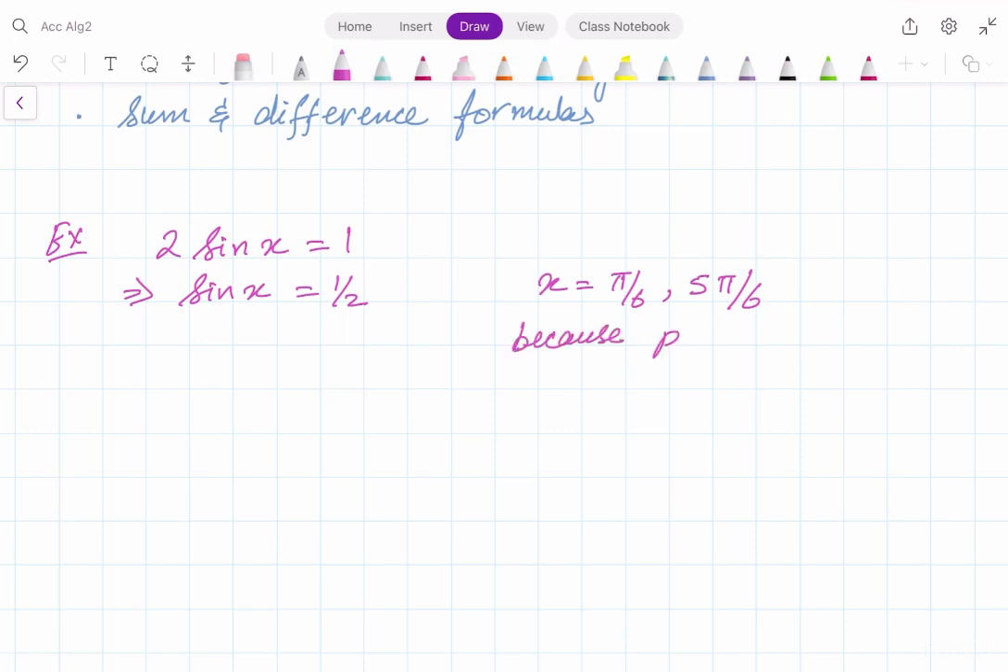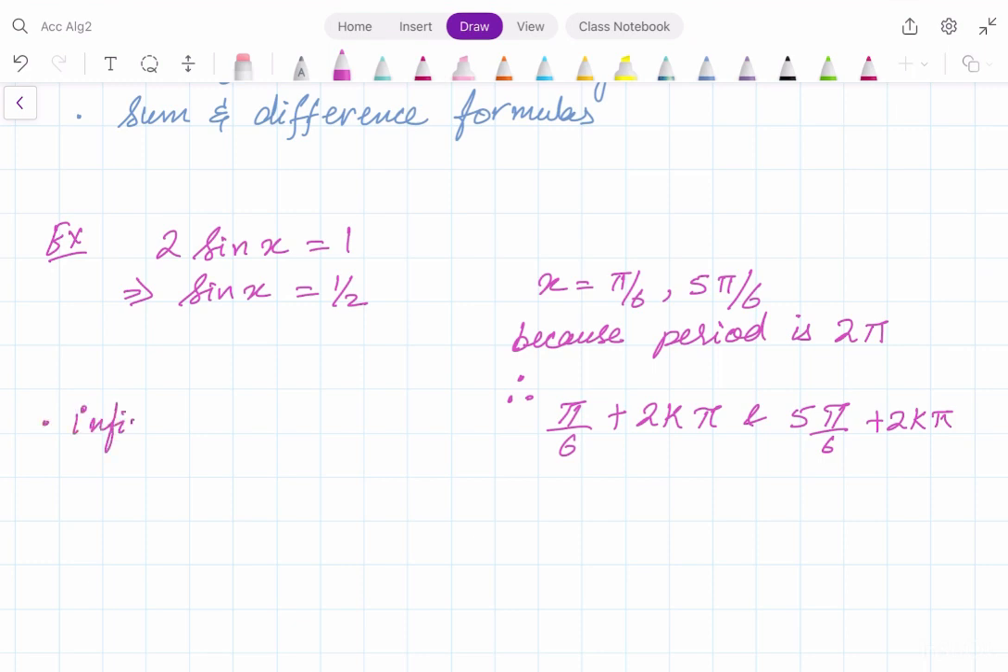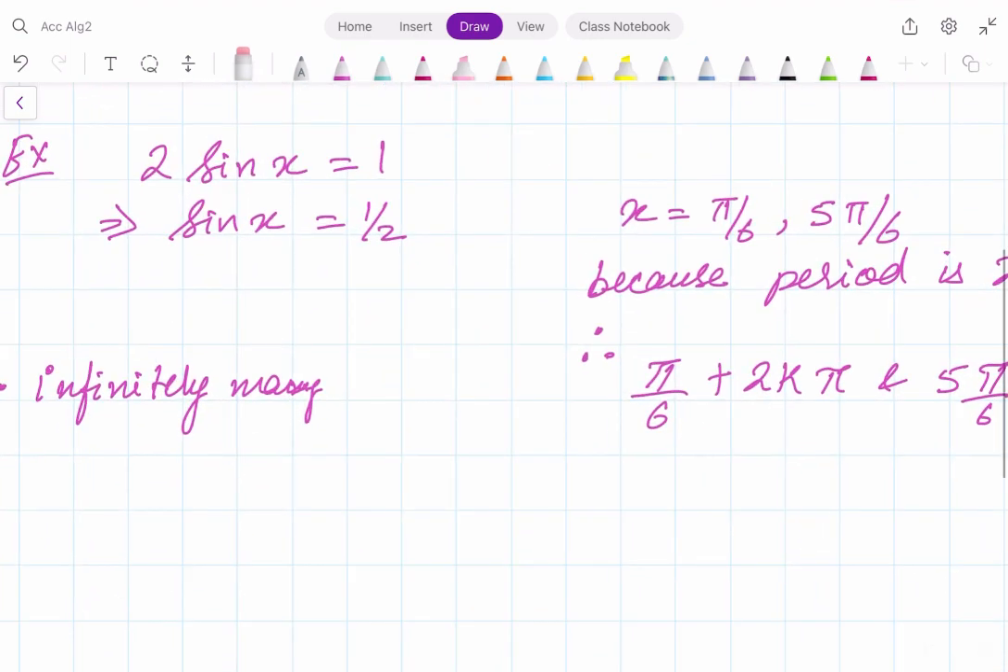Now, because the period for the sine function is 2 pi and they have not given any domain restriction, we can say pi/6 plus 2k pi and 5 pi/6 plus 2k pi. So whenever there is no restriction, you need to write the period as well. So you need to understand that there can be infinitely many,